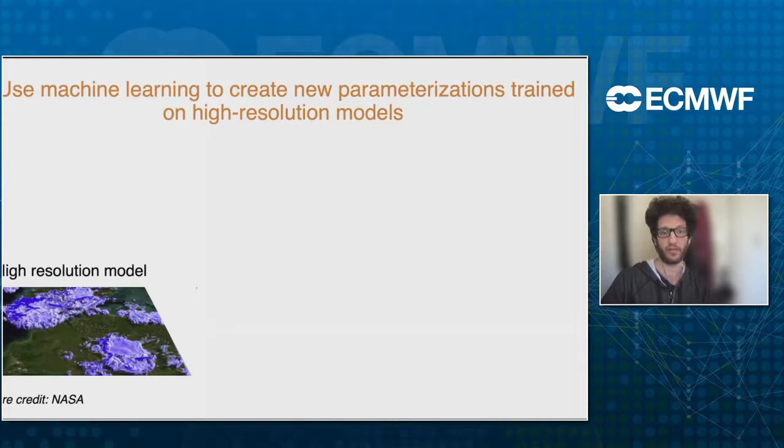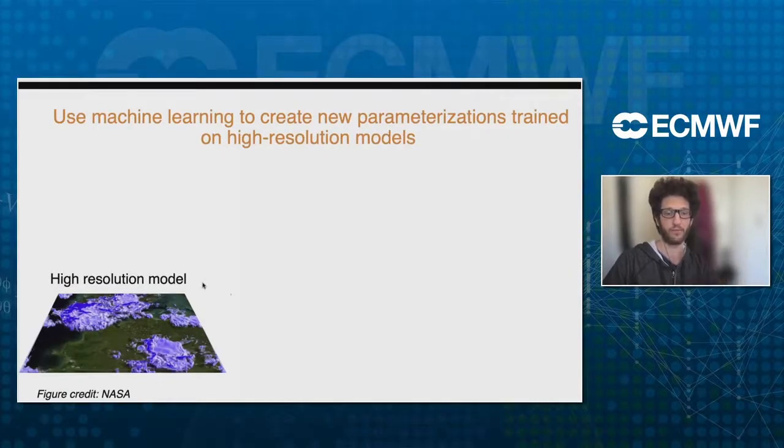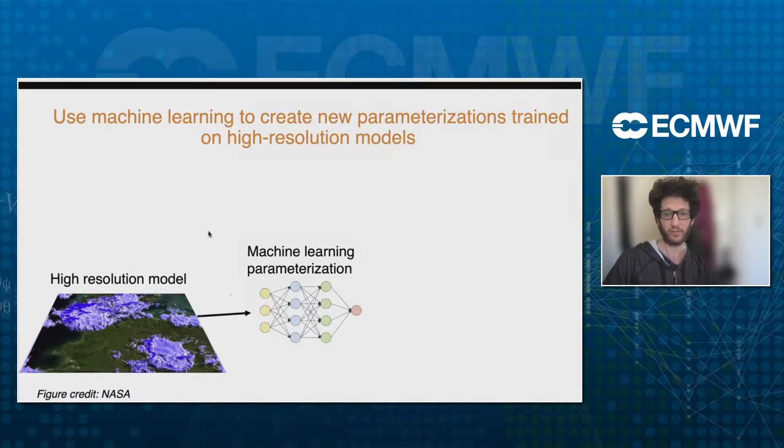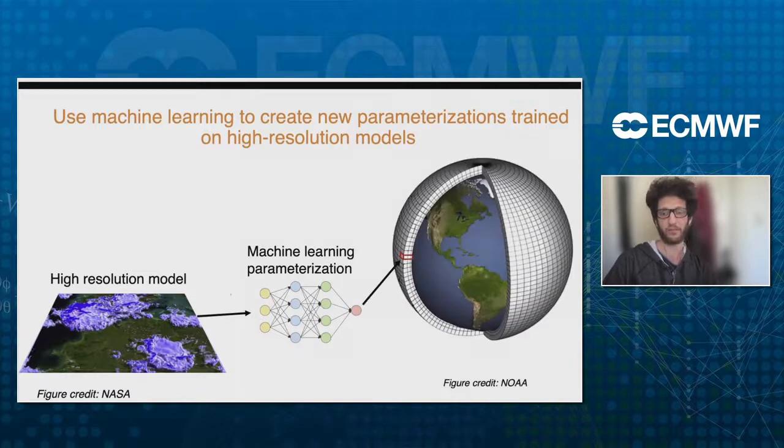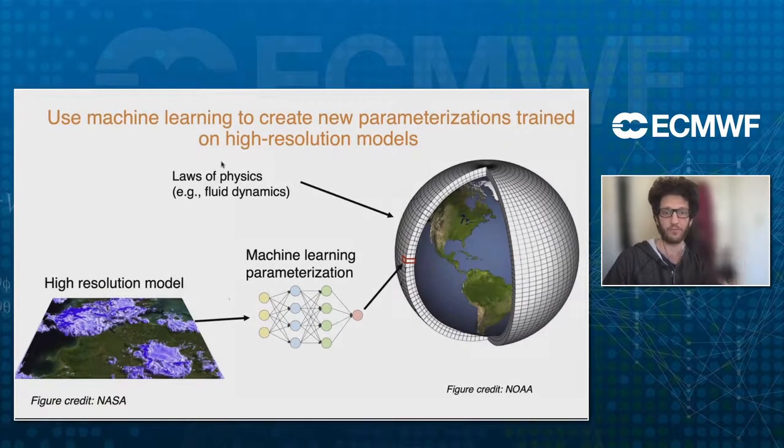So the idea is that we have this great asset nowadays of high-resolution models that we consider more accurate, as they don't need to use as many parameterizations as a coarse resolution model. However, they are expensive to run. We can only run them for a limited amount of time on a small domain. And the idea of machine learning parameterization is to somehow use this high-resolution model to develop new representations of subgrid physics, such as clouds, convection, turbulence, and so on, and implement it back into a climate model or atmospheric model, and still rely on the laws of physics where we can. So building this kind of a hybrid model.